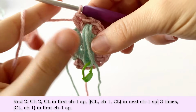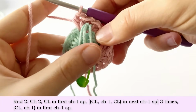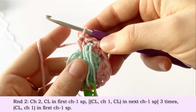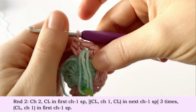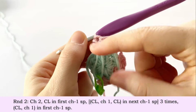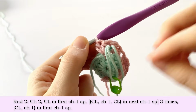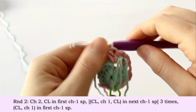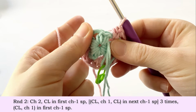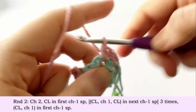The reason that we did this, do you guys see this strand here and the loop? They're almost trapped in between these 2 clusters of our corner, which is exactly what we want, because I'll show you what happens with round 3. You're going to see that it's easily accessible now for round 3, and we're going to be able to seamlessly change color. It's really cool. Okay, then going into the next corner chain 1 space, we are going to make a cluster,